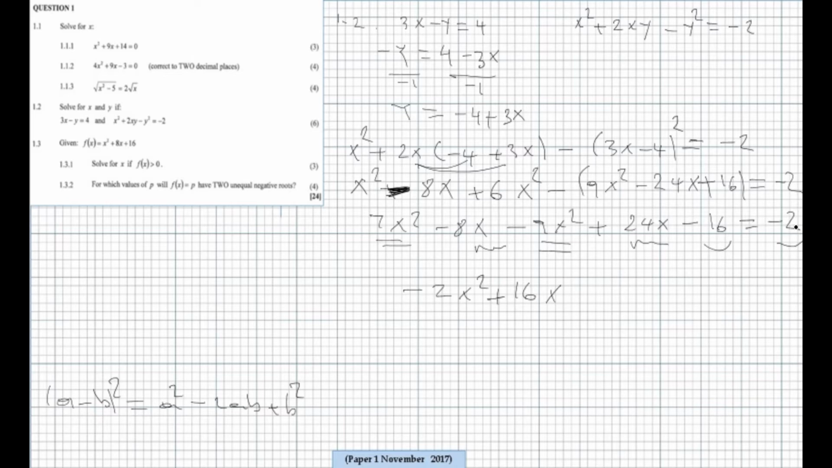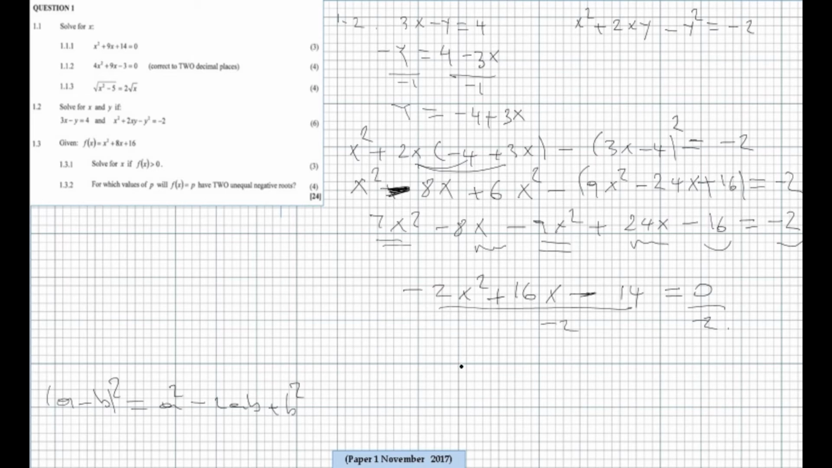So I bring that negative 2 to the left, it becomes positive, so I'm going to get negative 14, and then I say it's equal to 0. So I realize that there is a common factor, which is 2, so I can divide both sides by the coefficient of x squared, which is negative 2. So if I divide both sides by negative 2,